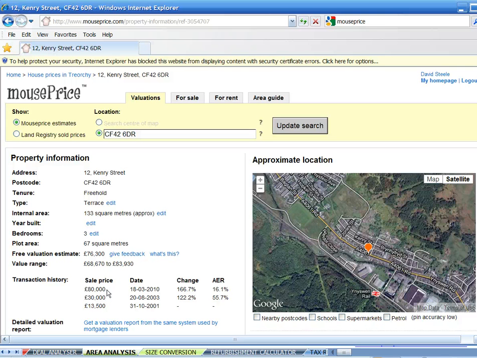So that gives me a sold comp, although it's a bit old, at nearly 18 months ago. But this is how I get sold comps, and therefore a combination of the 133 square meters, which is approximate. It is approximate, but in our experience they're reasonably accurate. At £80,000, it gives me a comp to work off, certainly on a square meterage position anyway. Okay, so I'll take this screen away